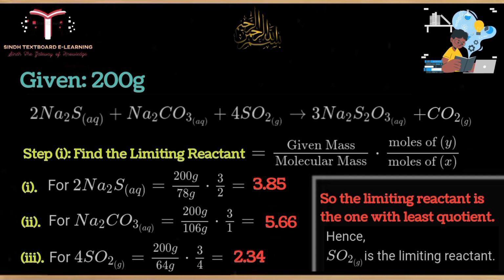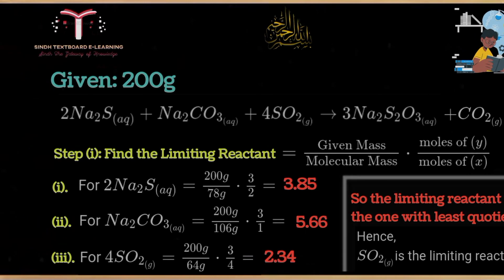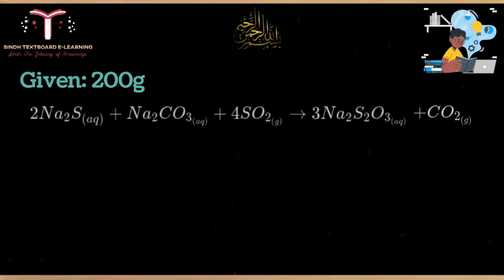So see, 200 is given and the denominator is the molecular mass of each molecule, and moles of Y and moles of X, 3 moles of product we are getting from different moles of reactants which are reacting together. So here we will get how many grams of Na2S2O3 we get from the limiting reactant. The limiting reactant is SO2. We already got the quotient